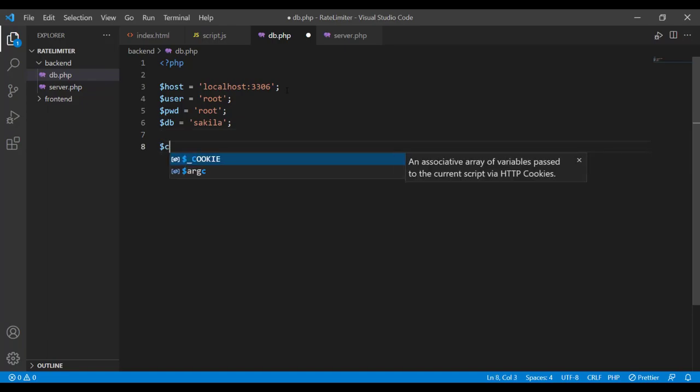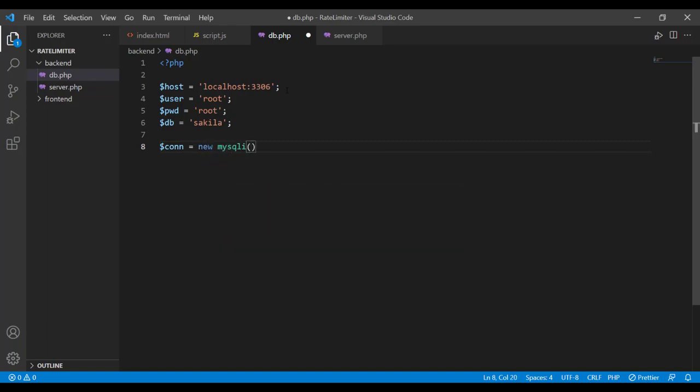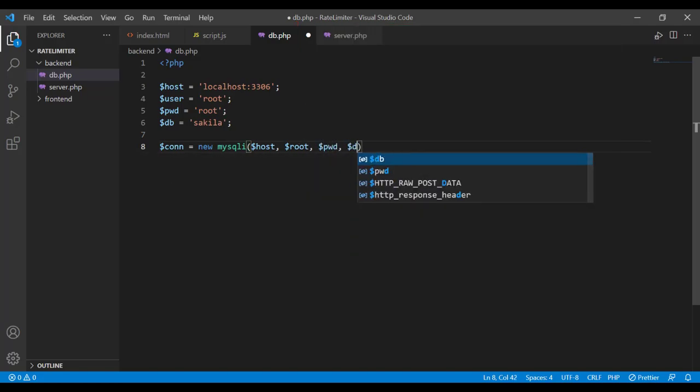Now let's make the connection. I'm using MySQLi for database connectivity. This MySQLi needs all four parameters that I have defined over there. Now we have to make sure whether we have successfully made this connection or not.